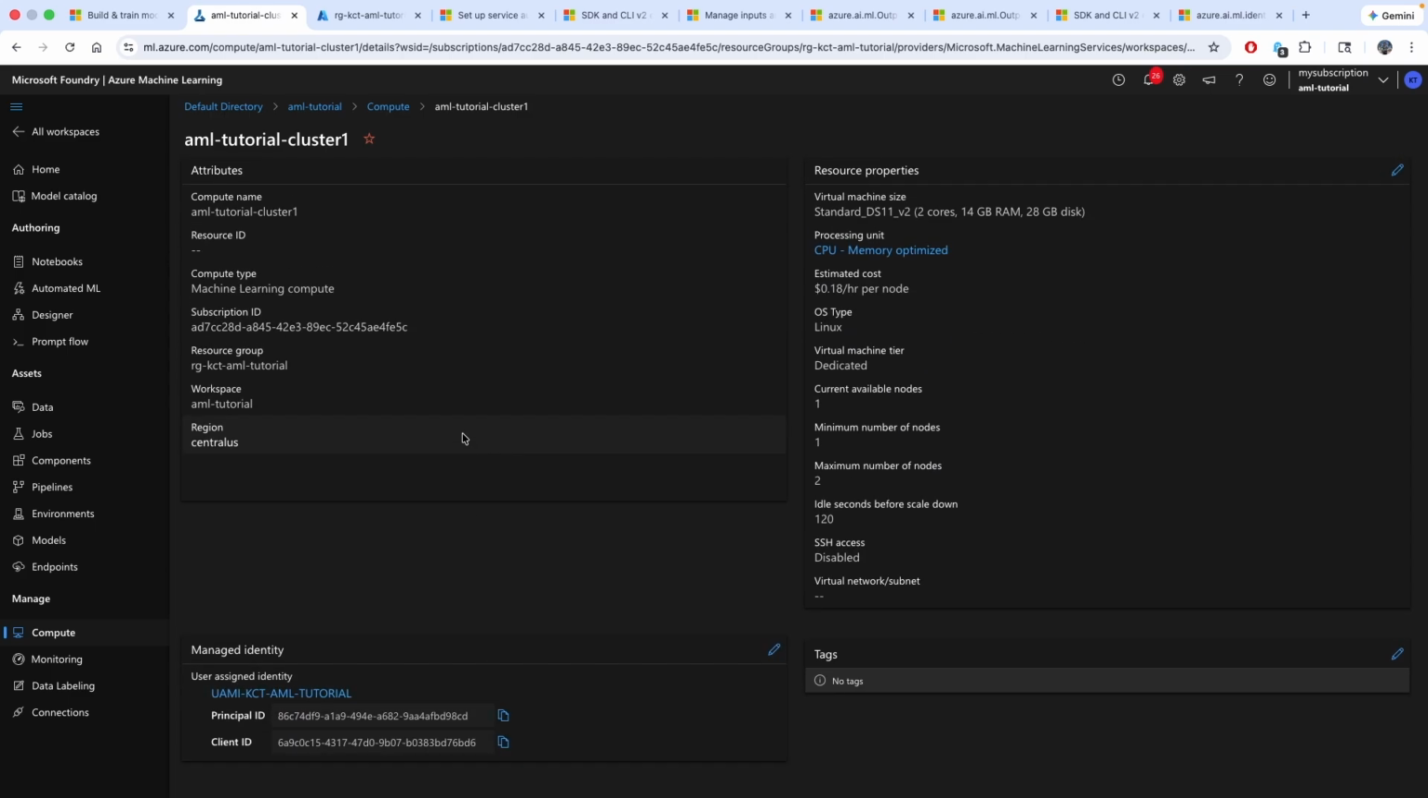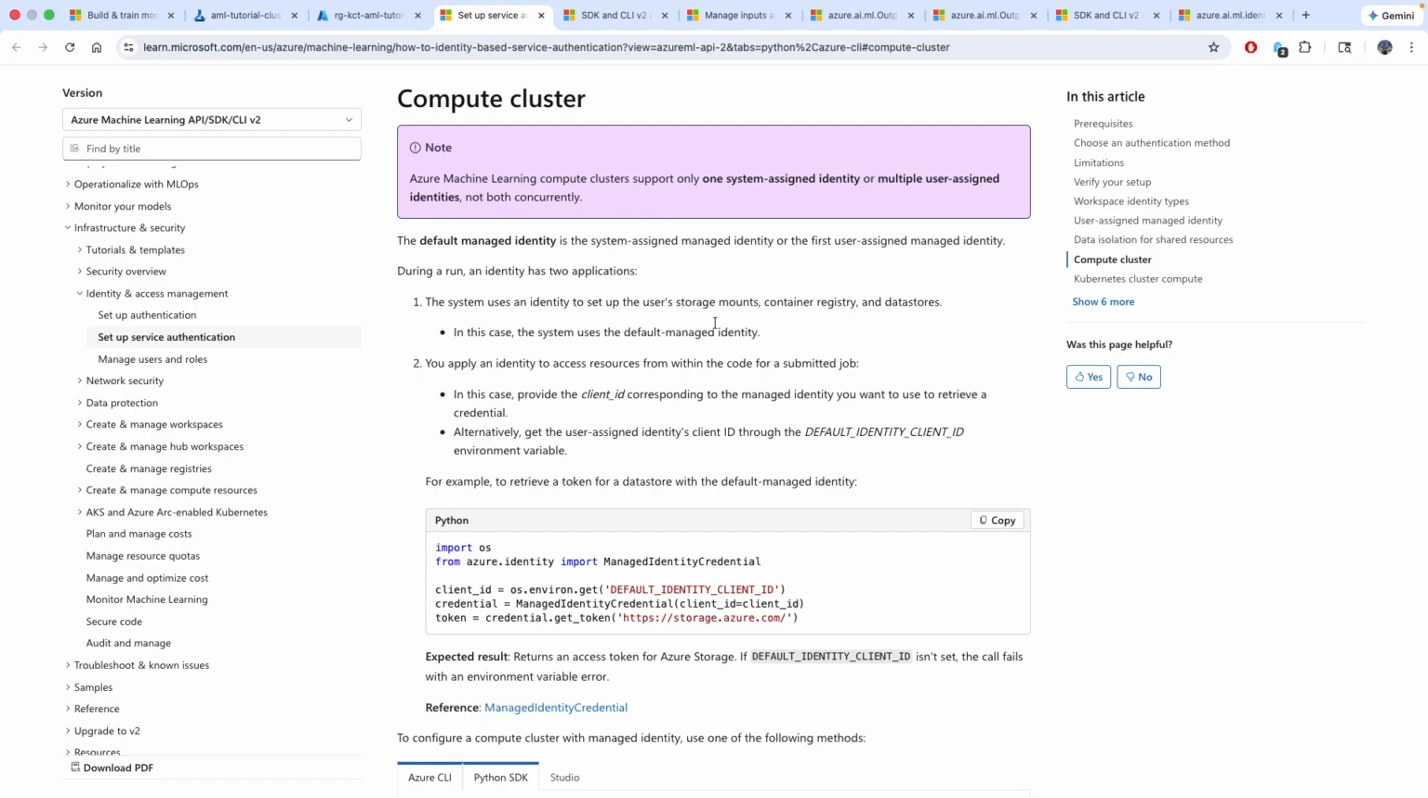but not the key vault permissions. The way the compute cluster works is, whenever you initiate a run, there's the default managed identity, which could be a system assigned managed identity of the compute cluster or the first user assigned managed identity. The system uses this identity to set up the user storage mounts, container registry, and data stores. That's it. That's the job of the identity associated with the Azure ML workspace. You can still leverage the user assigned managed identity within your job as well,